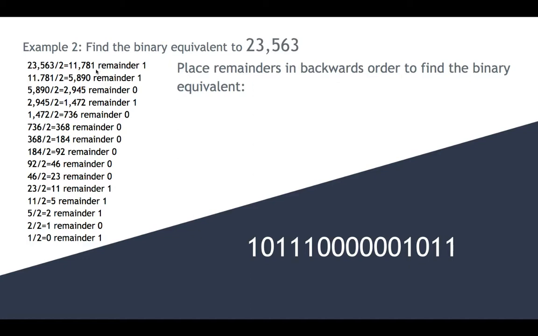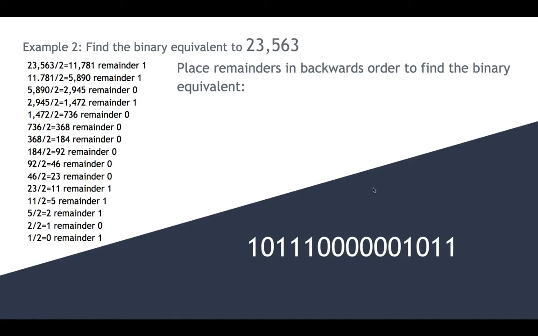The quotient. After you make the division sign, you have the divisor and the dividend, and the dividend divided by the divisor, and you get a quotient. And then you get the modulo, or the remainder here. And you're going to use that quotient and divide it by 2 again and do that process all over again. Now we'll put them in backwards order from here to here to give us our binary number,